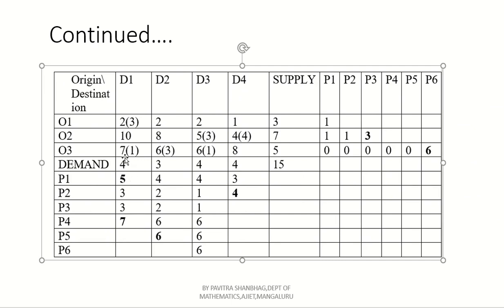What are the two lowest elements? The smallest elements are 7 and 2, the difference is 5. Similarly 6 and 2, the difference is 4. Again 6 and 2, difference is 4. Here 4 and 3, the difference is 3. So the column-wise penalties are 5, 4, 4, 3. Row-wise, 1 and 2 give a difference of 1, 5 and 4 again give 1, and 6 and 6 give 0. So the row-wise penalties are 1, 1, 0, but column-wise 5, 4, 4, 3.